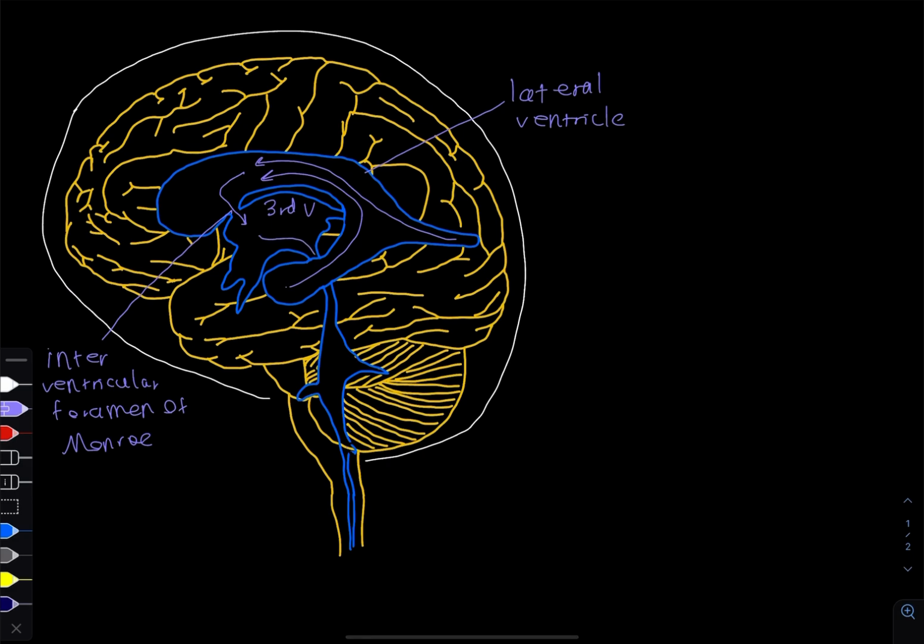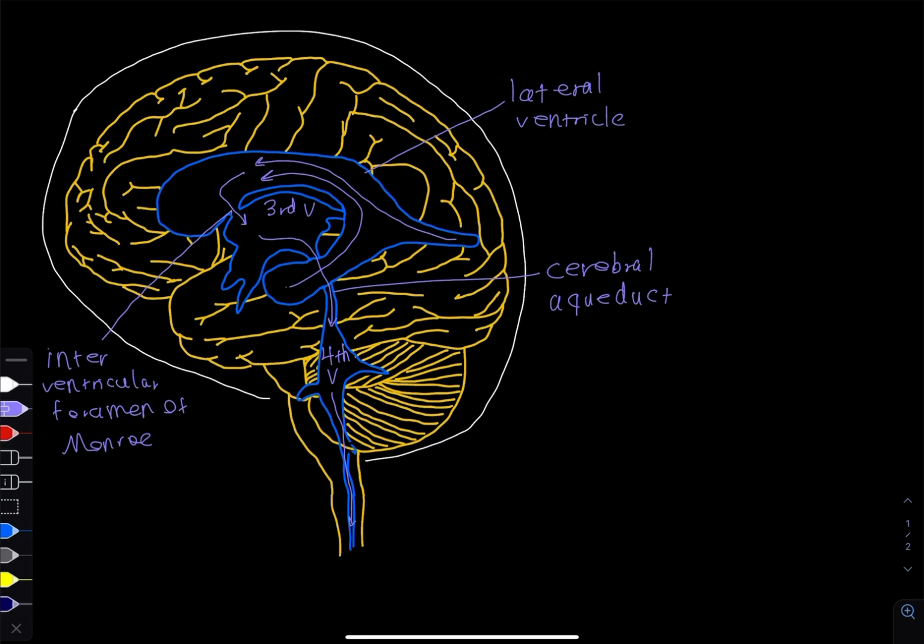Then the CSF will flow through this area, which is referred to as the cerebral aqueduct. Sometimes you might see it referred to as mesencephalic aqueduct because it runs through the midbrain, which is also called mesencephalon. And then this space over here is called the fourth ventricle. It's kind of in between the cerebellum and the pons. Then after the fourth ventricle, it will run through here and enter the central canal of the spinal